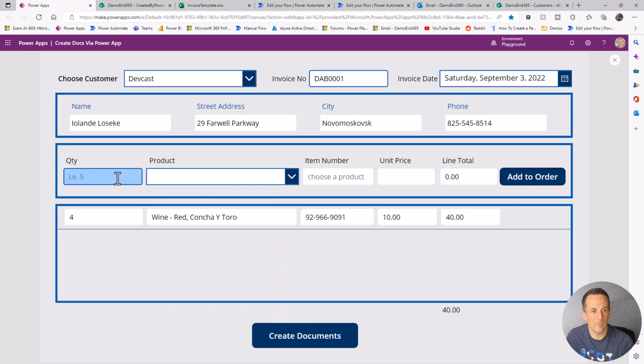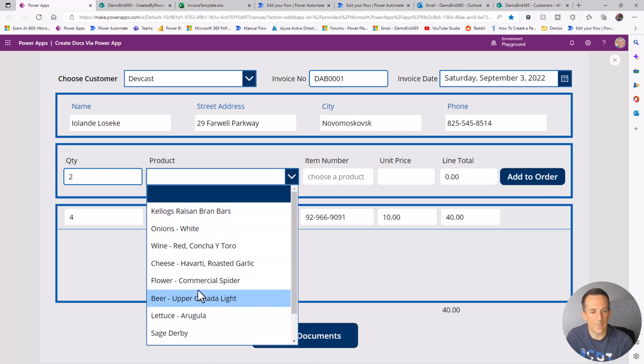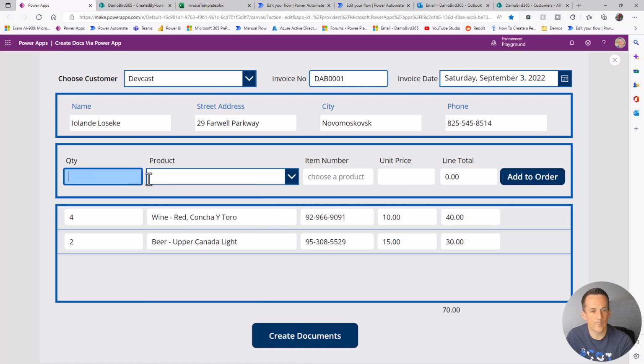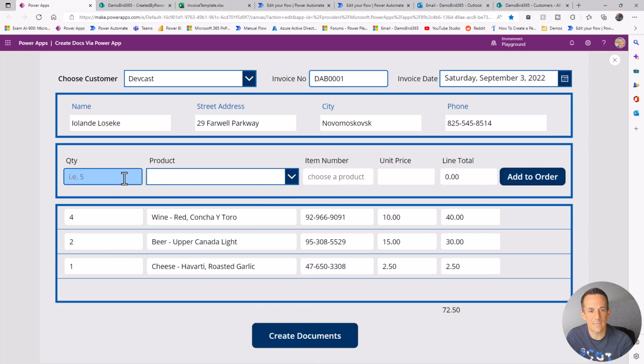We'll add in 4 bottles of wine, maybe a couple of crates of beer. We'll go for some cheese, and finally maybe some flour. And so here we go, we've got all our items in a collection, and I'll be able to pass this collection of data as well as all these dynamic values for the name, address, city and phone through to our flow. So before I hit this create documents button, which will of course trigger my flow to create those documents,